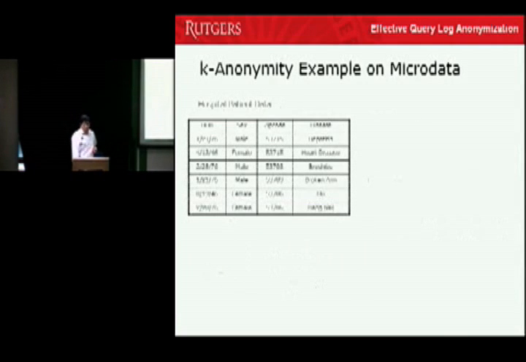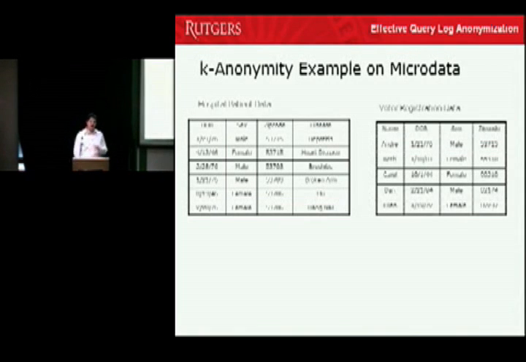So just as a quick example, you may have your hospital patient data: the date of birth, sex, zip code, disease. And you're assuming, hey, I didn't put in any identifying information. I got rid of the key attributes, the SSN, the healthcare ID number, and so on. But as I said, it's not sufficient, because when you link this with additional data, by the way, if you know k-anonymity, this is pretty obvious to you. You've seen this before. But for the rest of you, if you link this with other data, such as the